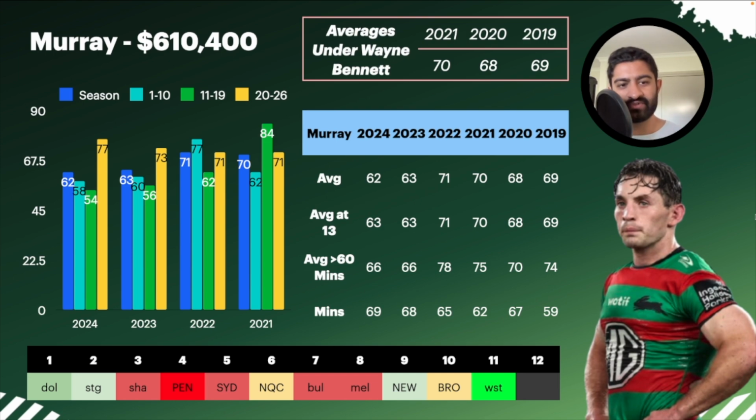So 2024, the first 10 rounds of the season, his average was 58, and that was down on his entire season average. In 23, it was 60, down on his entire season average. 22 was different, it was 77, which was up 6 points. But 2021, it was 62, down 8 points. So 3 of the last 4 seasons, his early starts or his rounds 1 to 10 averages have been below